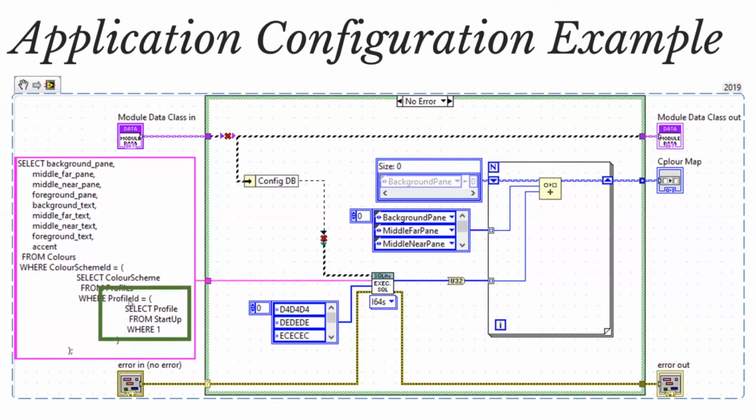Then from the profile ID, I can work out, okay, which color scheme did that profile ID want? Then if we work up again, I can select all of these colors from the color scheme based on the ID. So you can build up lots of nested SQL queries as well. So here I have an example of a doubly nested SQL query to get the exact data I want,